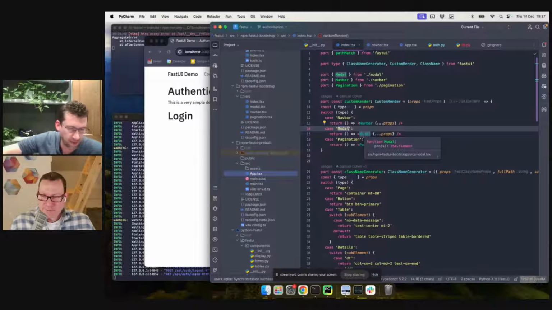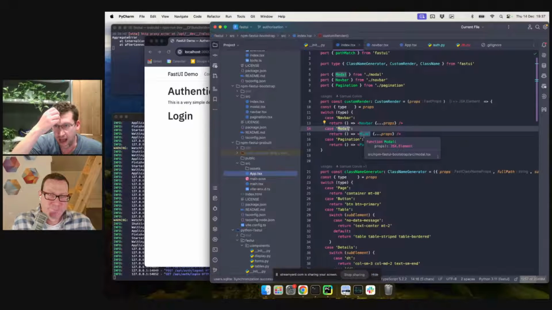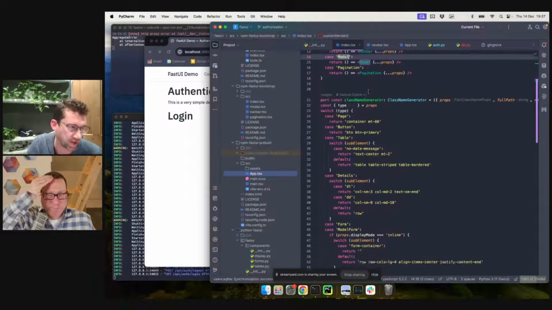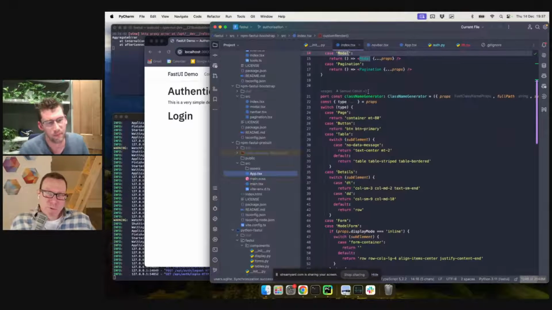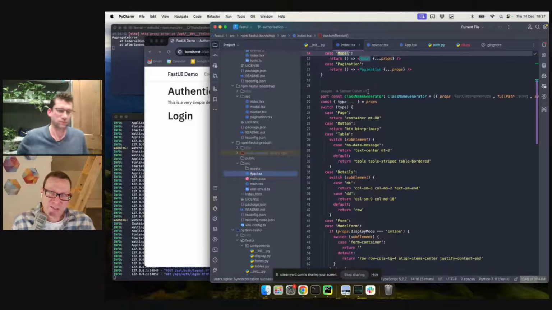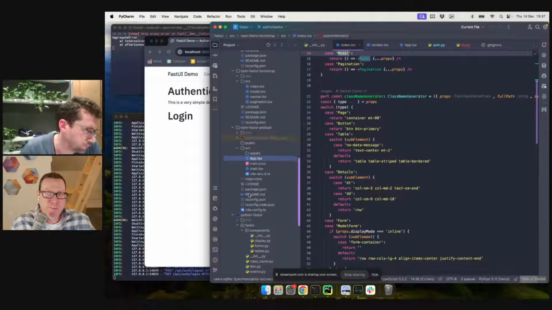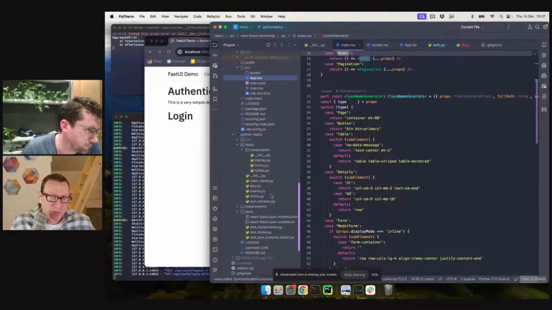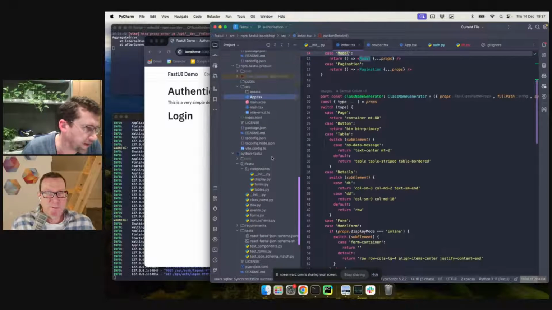I think this is one of the bits I'm most proud of here, how much you can customize it and how simply you can start to customize it. It's really pluggable and extensible, so you don't have to get in and know too much about it. You just plug in the class name generator and the renderer for exactly one.